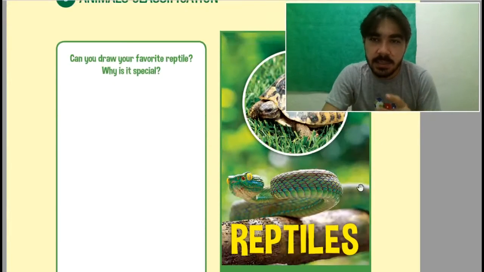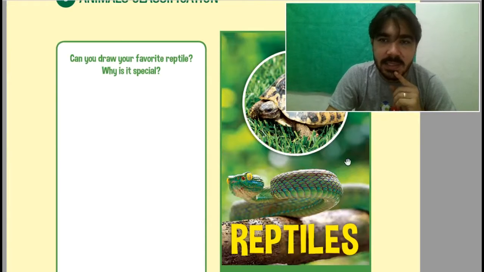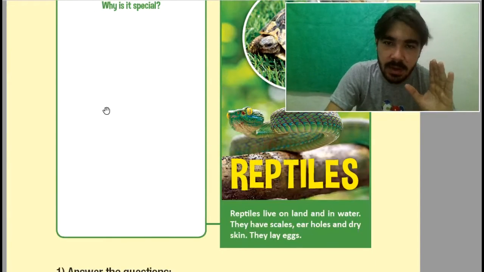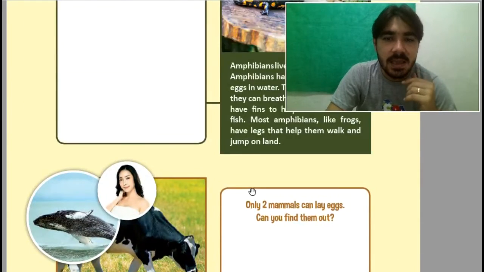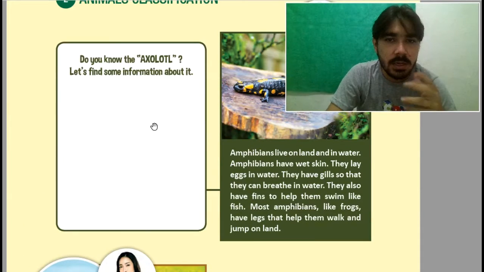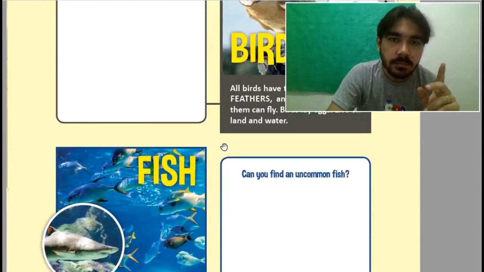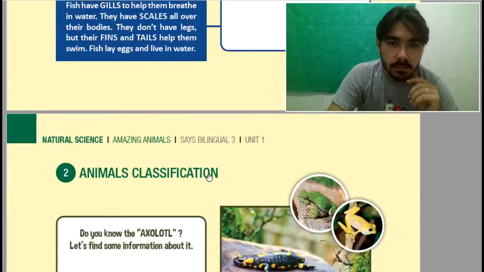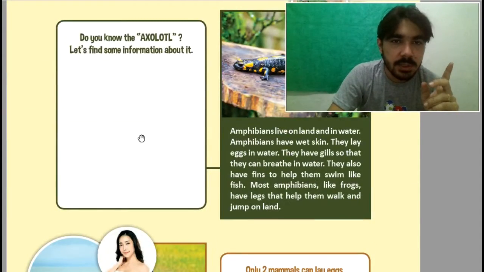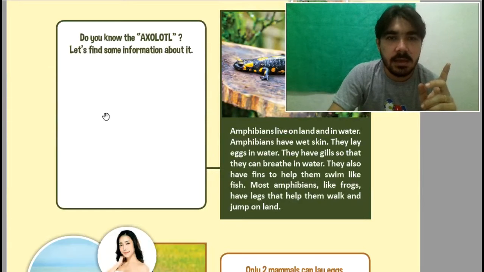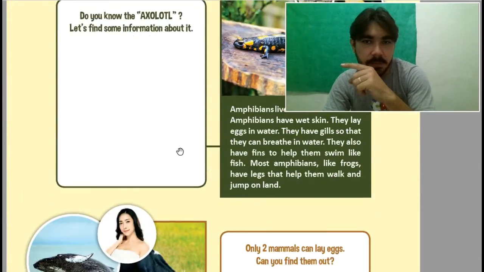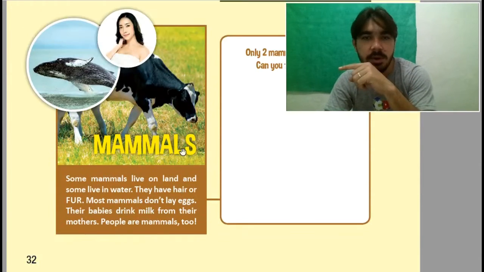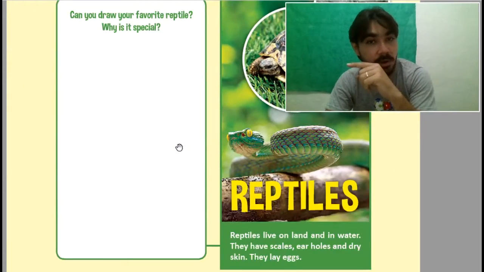I didn't receive any activities yet about reptiles, and on this one I received only the activity from Breno, but I am still waiting for the answers on this square and this square about mammals and this square about reptiles.